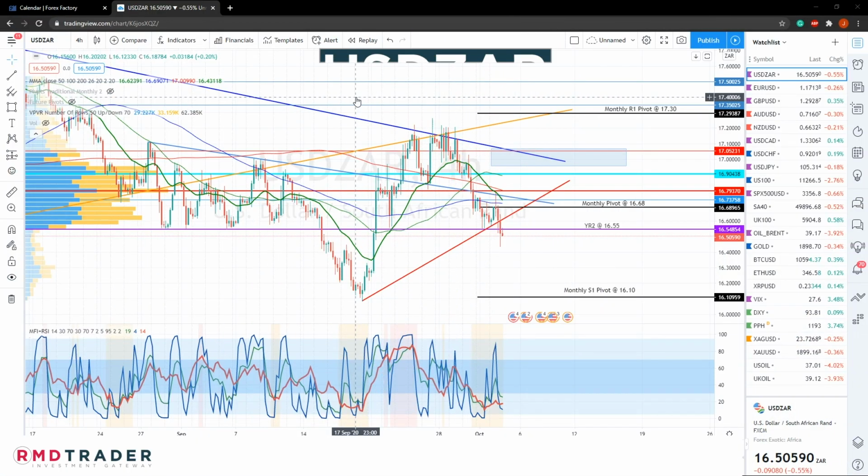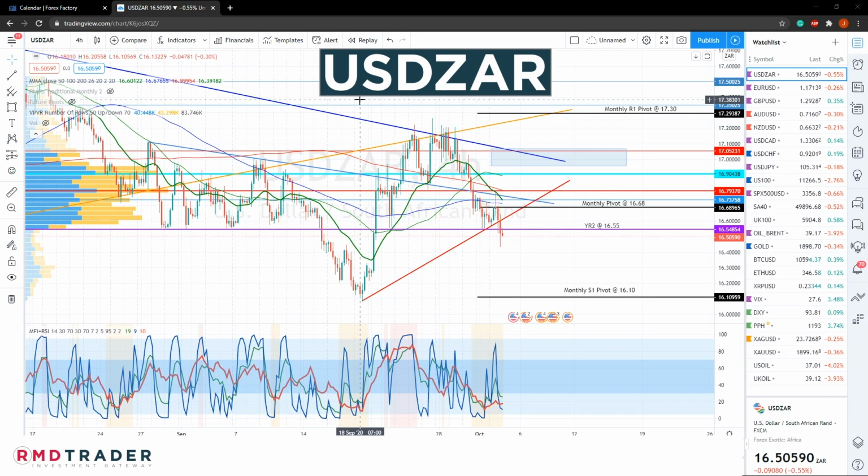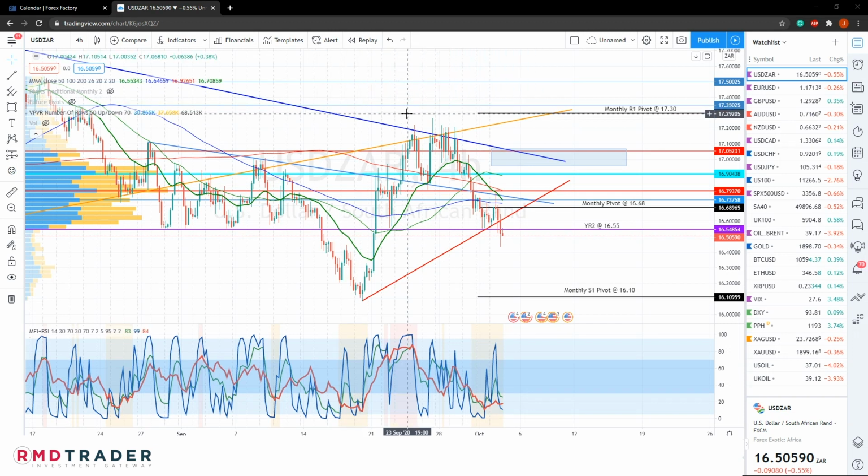We are starting by looking at the US dollar to South African rand. We are looking at the 4-hour time frame. Last week we mentioned that this area at 1710 is where we faced overhead resistance from our diagonal. We mentioned that any rejection from this area will likely result in a pullback to last week's pivot at